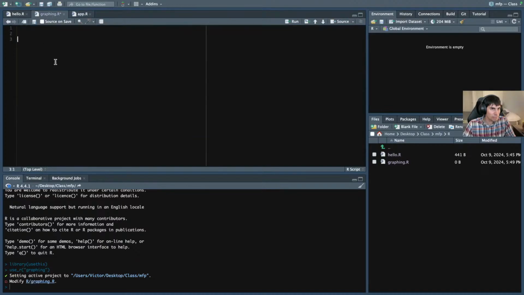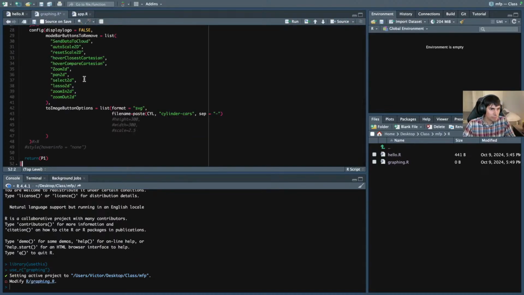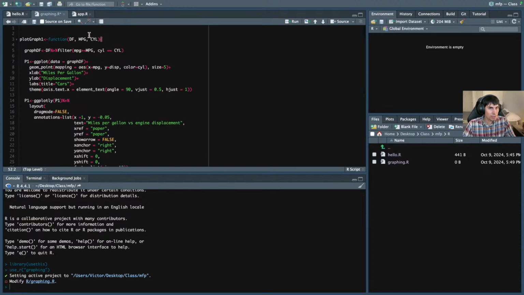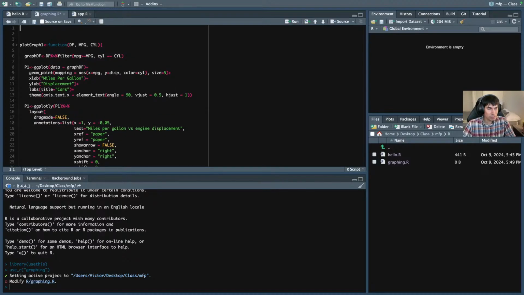Okay, copy that. Let's paste it here. Now we have our function copied here. Now this is very important. We're going to insert what's called a Roxygen skeleton. Roxygen will help us basically create the documentation for our function in a very easy way, so that we can contain both the function itself plus the documentation in the same place. So you saw basically two folders here, one called man, which contains the documentation for the function, and then another one called r, which contains the function plus the